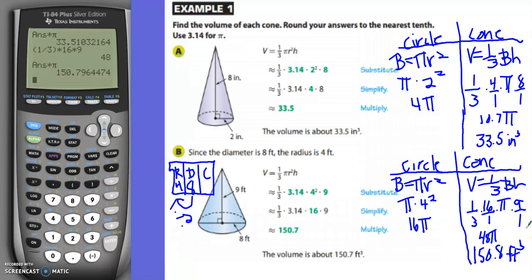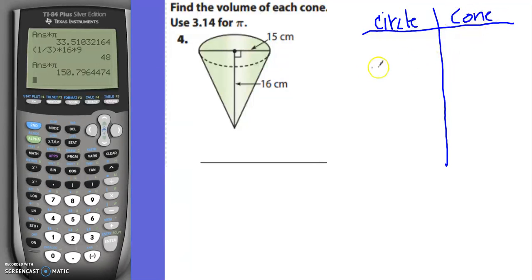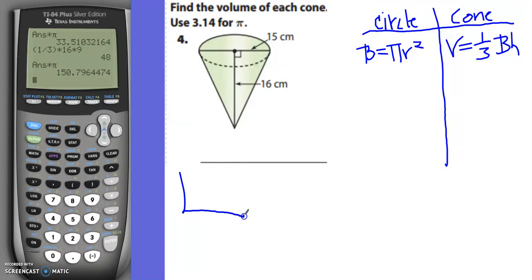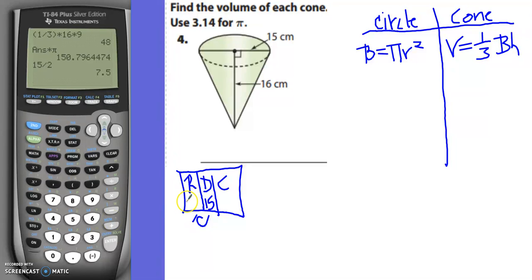All right, so let's take a look at number 4. On number 4, we have a circle for the base, cone for the 3D. So the base is pi r squared. The cone is 1/3 the area of the base times height. This is a diameter, so we have RDC. The diameter is 15. To go from diameter to radius, I have to divide by 2. 15 divided by 2 is 7.5. So we're going to say pi times 7.5 squared